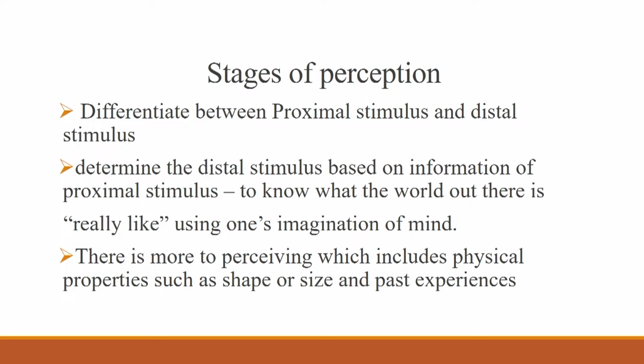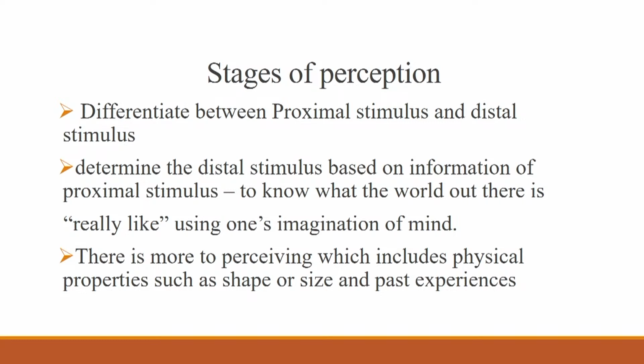So, whatever is near to you is a proximal stimulus, and whatever is at a distance from you is the distal stimulus. The aim of perception basically is that you have to get information about the distal stimulus by processing information about the proximal stimulus. You might be sitting in a room or anywhere, so you just look around your surroundings,